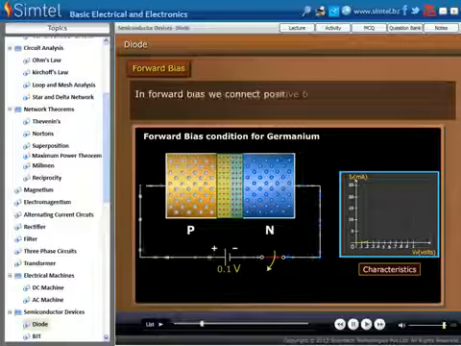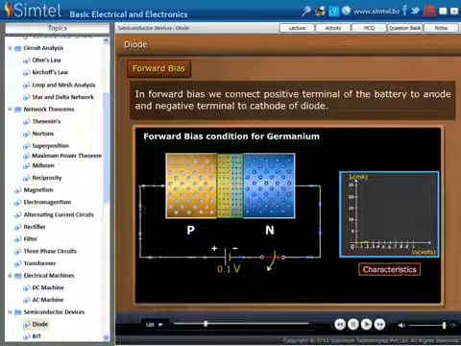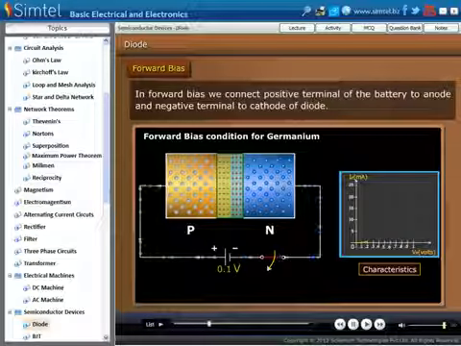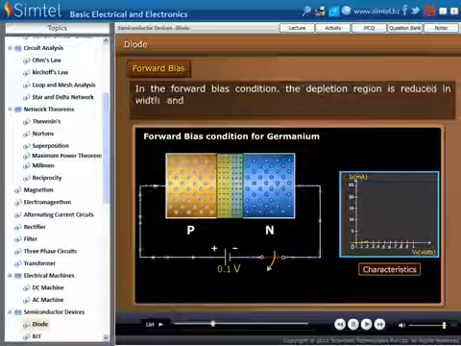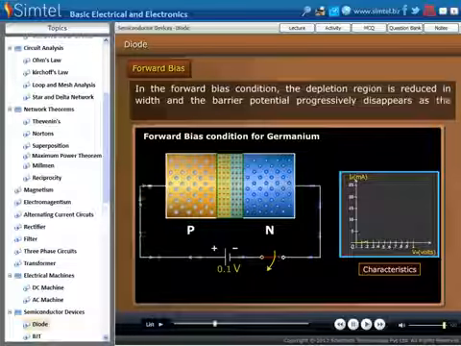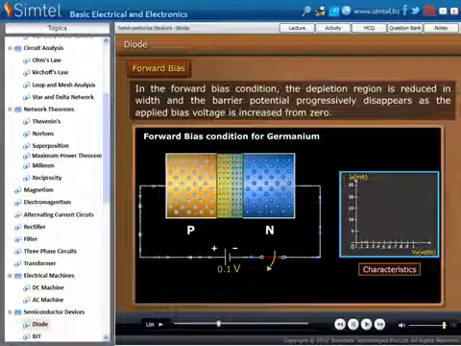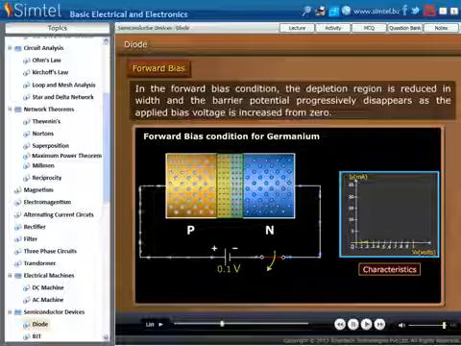In forward bias, we connect the positive terminal of the battery to the anode, and the negative terminal to the cathode of the diode. In the forward bias condition, the depletion region is reduced in width, and the barrier potential progressively disappears, as the applied bias voltage is increased from